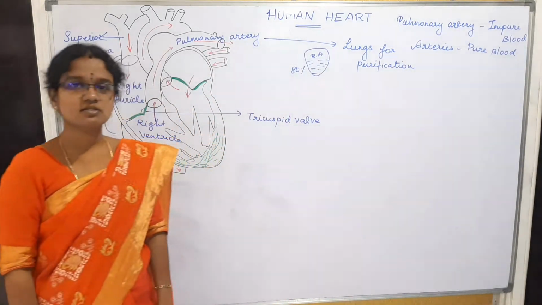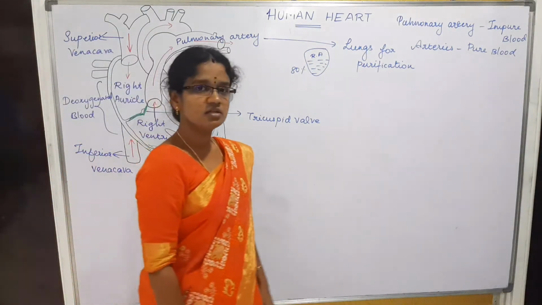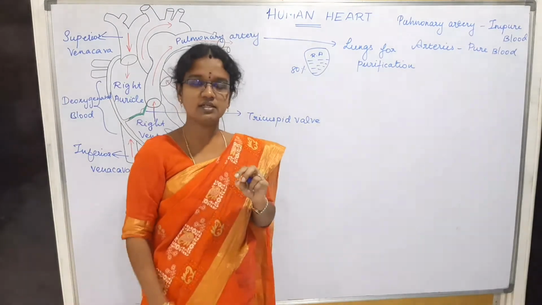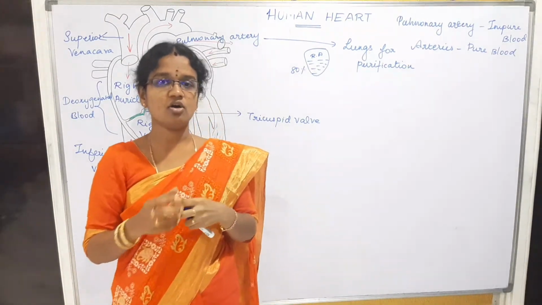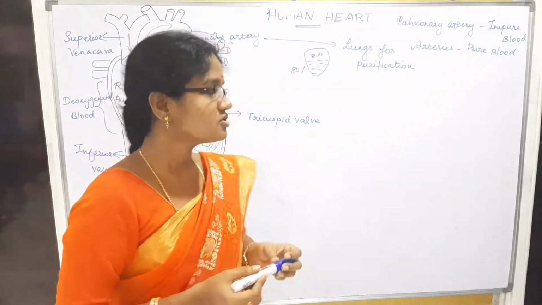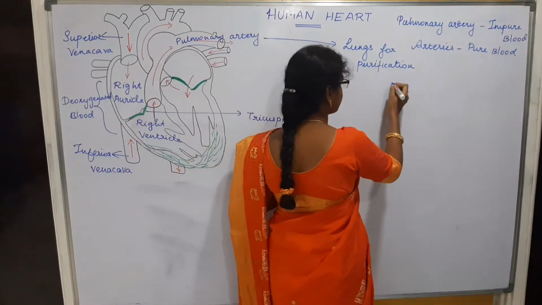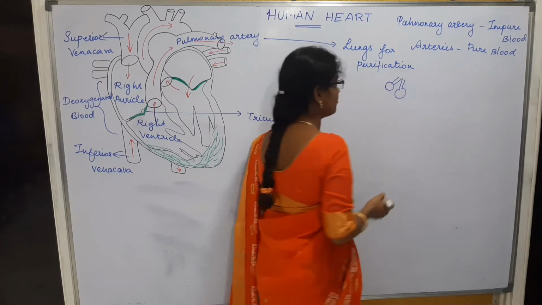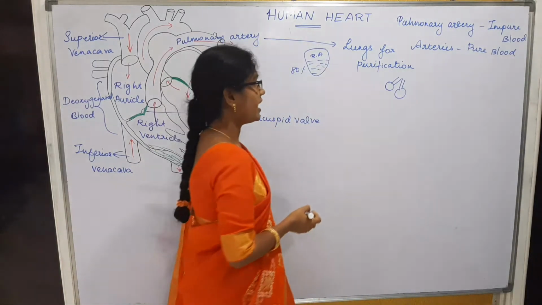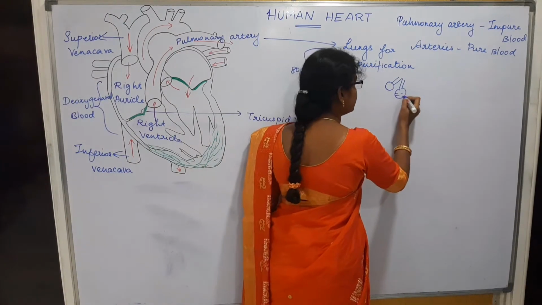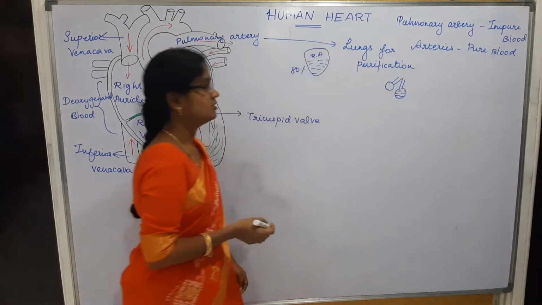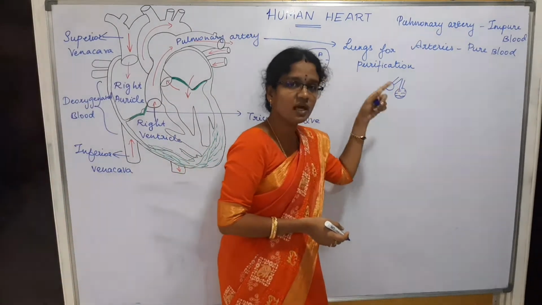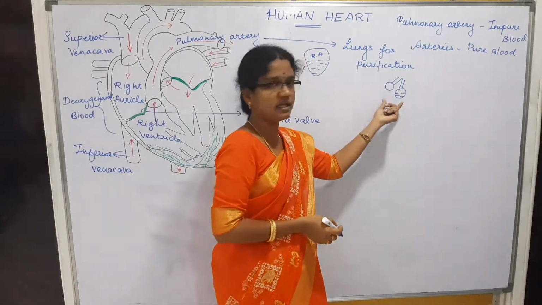How does this happen? Could you think? So, the lungs, what do they do? We know that the lungs carry a large number of air sacs. So, let us consider a small air sac here. The bronchioles carry a large number of air sacs, right? These air sacs are filled with the blood which is carried over by this pulmonary artery. The blood is carried to the air sacs in the lungs, so they get filled.